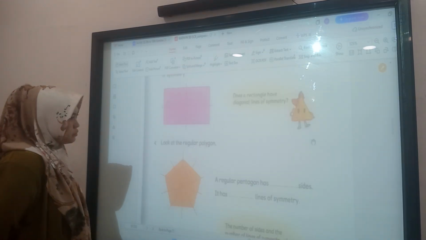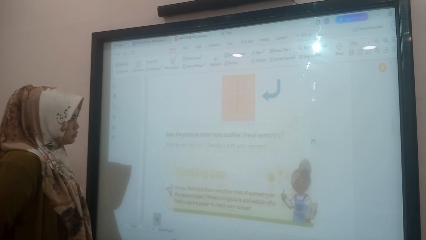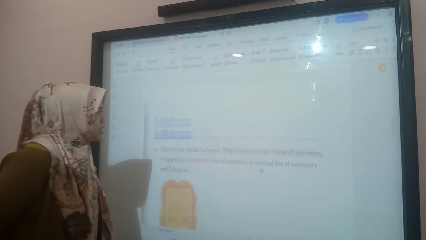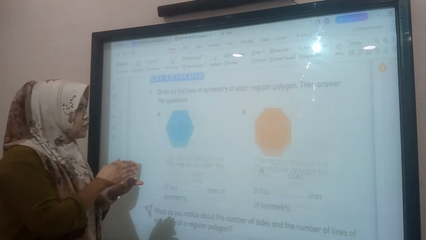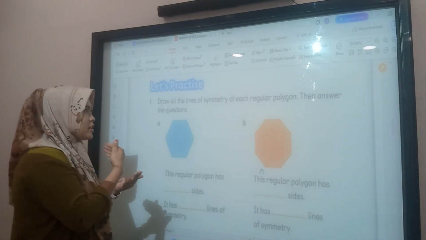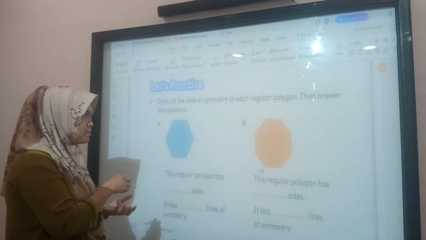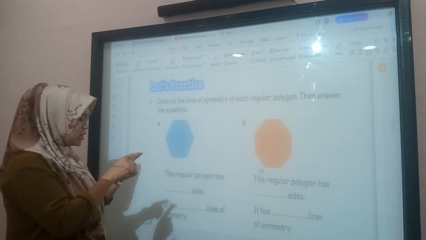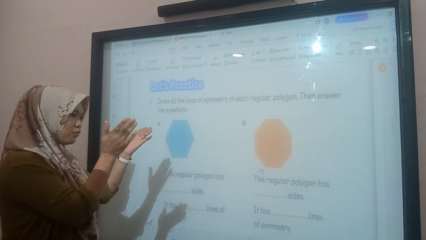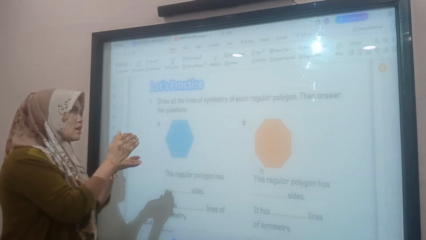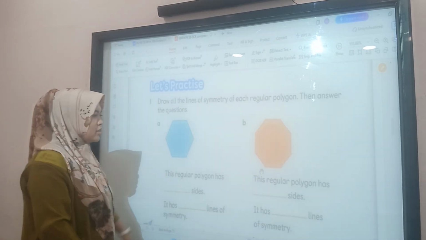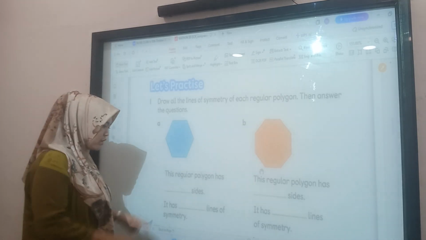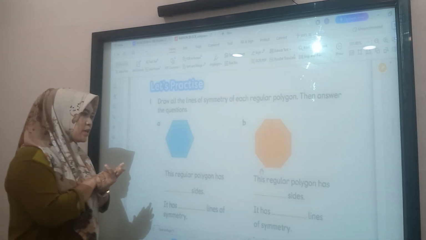Okay, Miss. This is about line symmetry. Can you explain the concept behind this topic? What is line symmetry about? Line symmetry is about, for example, a shape that we fold, and then they can create the whole shape with the same part. I use origami paper so they can fold and know how many symmetry lines a square has, and I also use A4 paper for the rectangle, so they know how many symmetry lines a rectangle has.